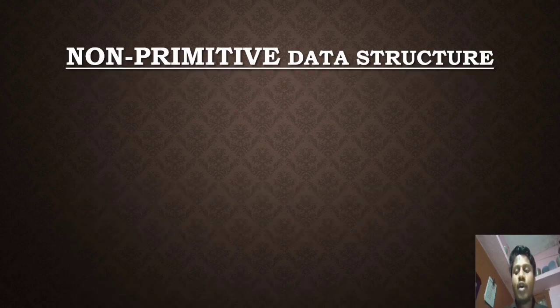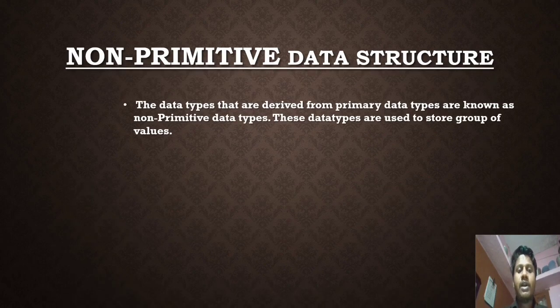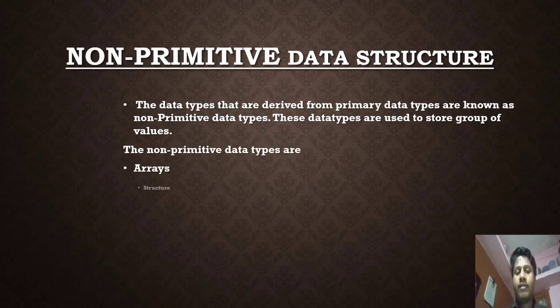Next, we have non-primitive data structures. The data types that are derived from the primary data types are known as non-primitive. So these non-primitive data types or data structures are derived from the primary data structures. These data types are used to store a group of values. The non-primitive data types are arrays, structure, union, linked list, stacks,